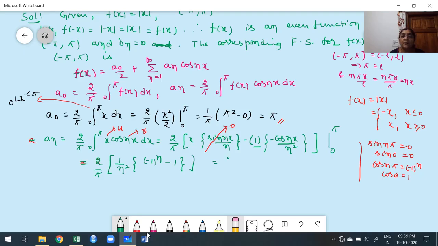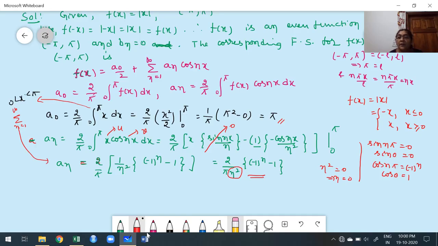Now this is nothing but 2 pi n square of minus 1 to the power of n minus 1. Once we get an, I told very clearly, verify whether it's true for n is equal to 1, 2, 3. How to verify? Pick the denominator n quantity. What is my n quantity here? N square. N square is 0, in which case n is 0. That implies n is 0, but our summation in an is n ranging from 1 to infinity. Therefore, now I have to write confidently this is true for n is equal to 1, 2, etc.